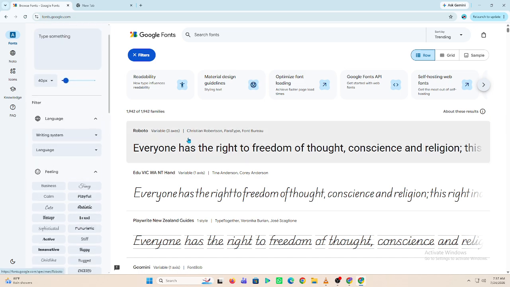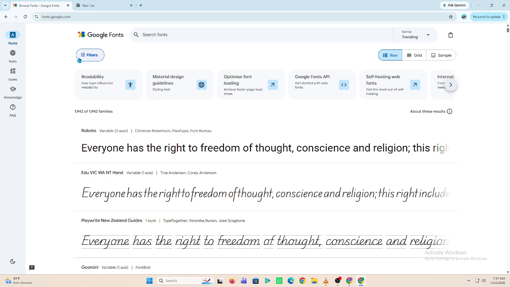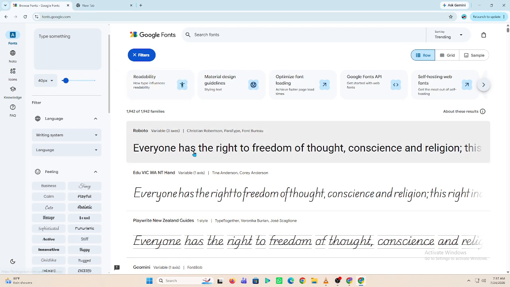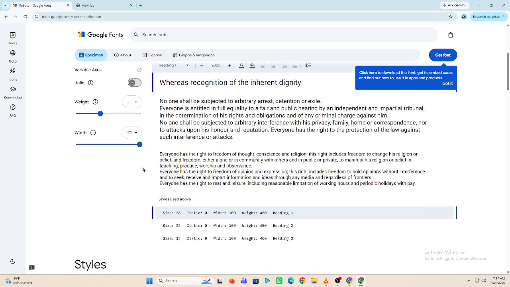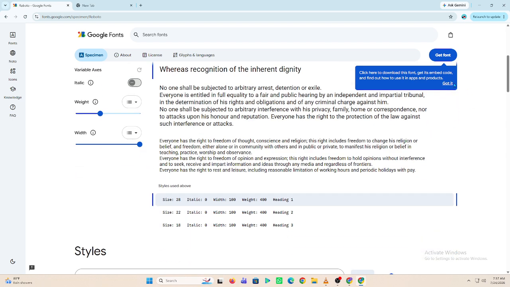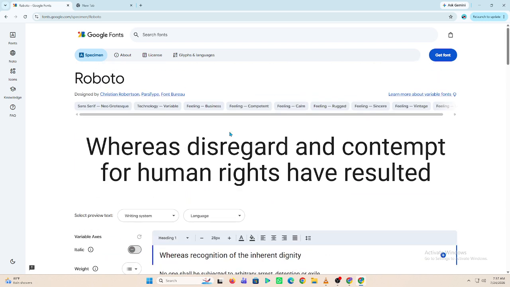If you want to use the font on a website, select the styles you need and copy the provided embed code or import link into your project. If you're using the font in design software, download the font family, install it on your computer, and restart your